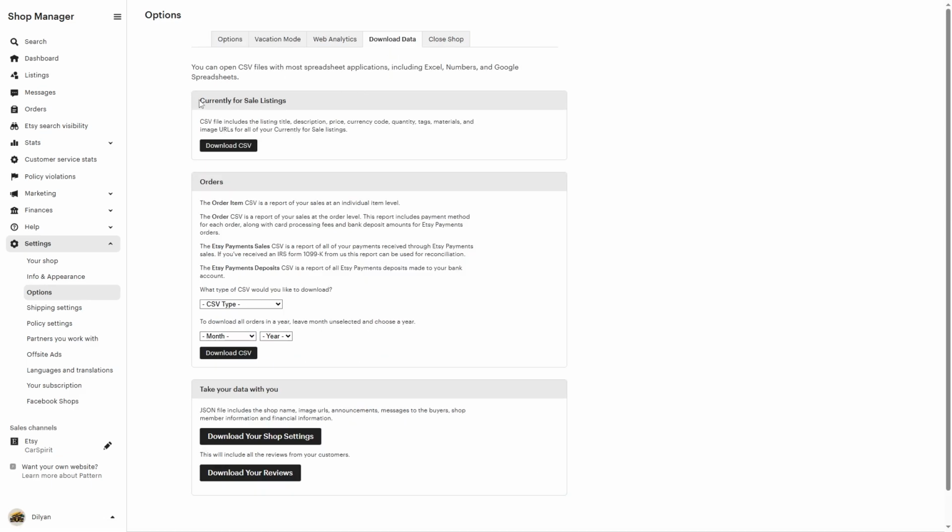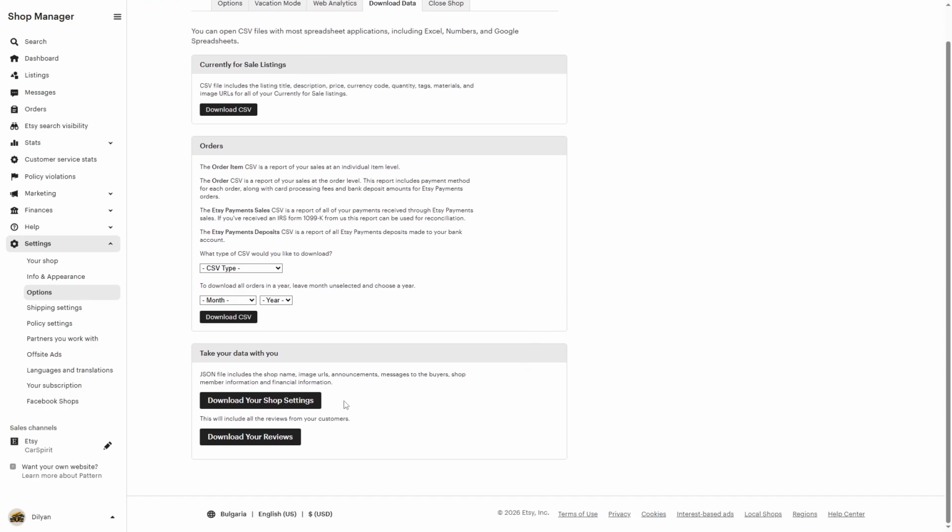The first is to download the data for the listings that are currently for sale. On the bottom is the entire shop's settings if you want to download it for you or just download your reviews, and in the middle is the orders information. For example, from here you can download information about the individual items, this is order items, entire orders, payments, for sales and deposits, and below you can select what time period you want, for example which month or which year,